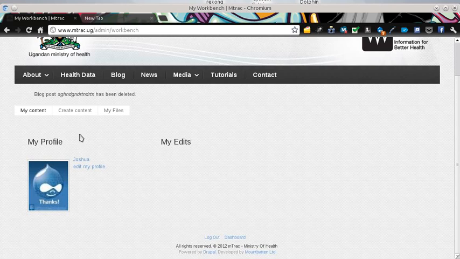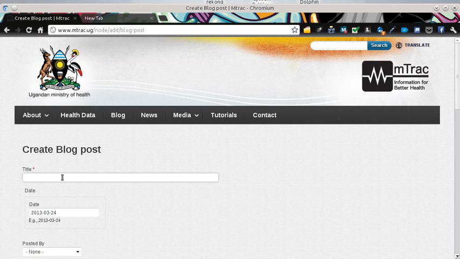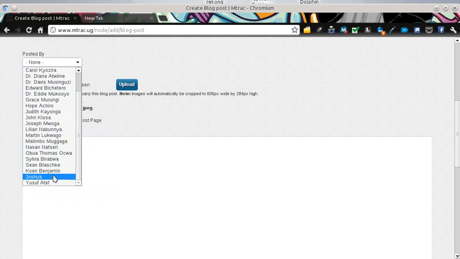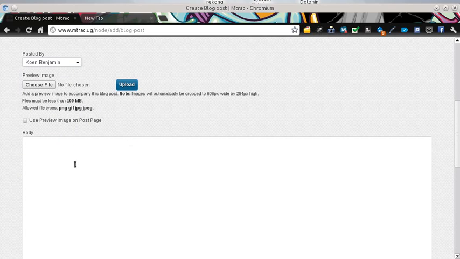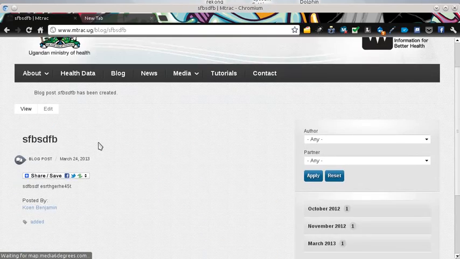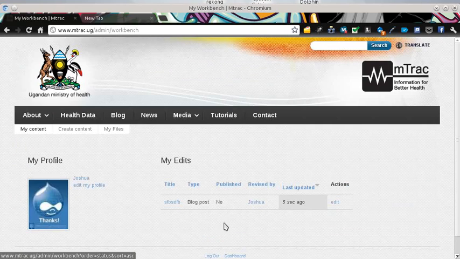A simple example is creating a simple piece of content. I'll just create a blog post quickly here, and I'll say it's of course published by me. I will add a body for testing purposes, and then one term, and I'll click save. So when I go to my dashboard, I can see that this piece of content is not published,